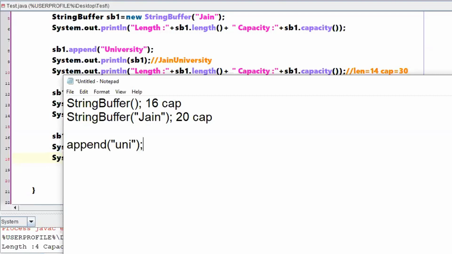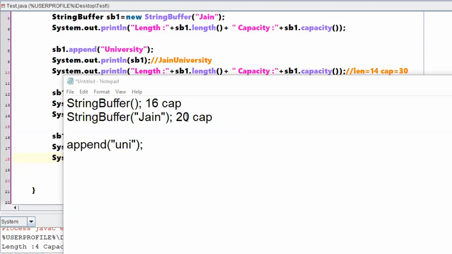So your string buffer has been implemented in this fashion. Now what it will do is, once you finish all this 20 capacity which has been allocated during the initialization of the string buffer, that means if all 20 have been consumed, next time it will create one bigger string buffer and copy whatever content was there earlier into that newly created string buffer, right?